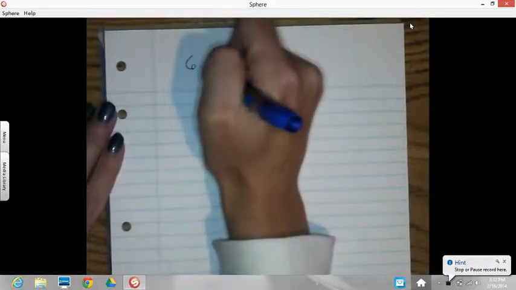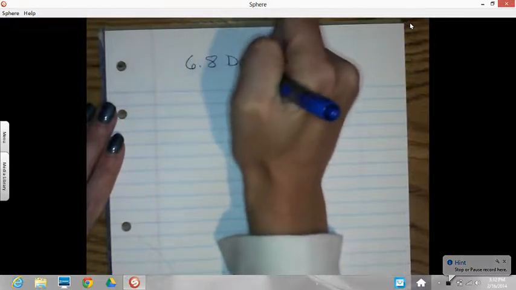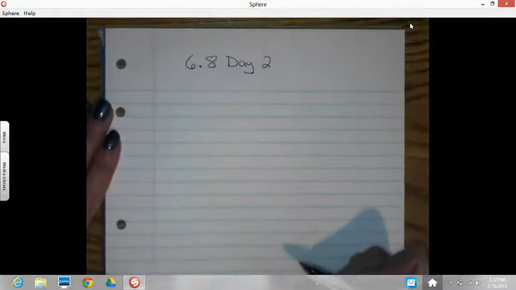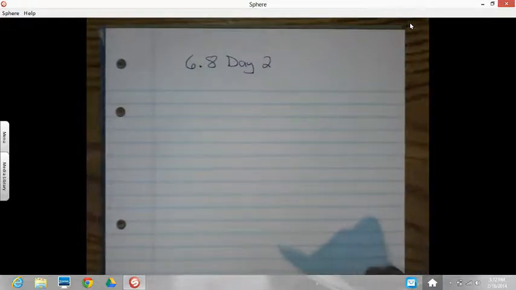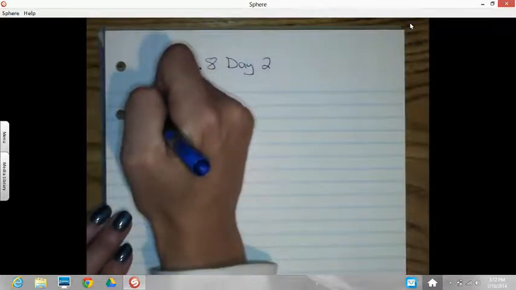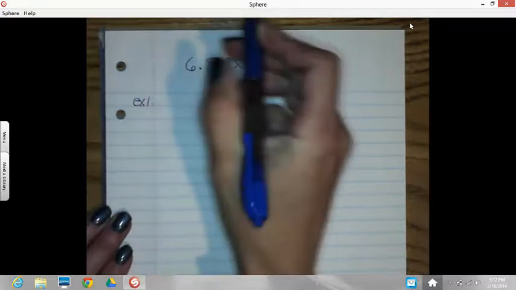Okay, 6-8, day 2. Get ready to be challenged. Okay, still going to work with L'Hopital's rule, but this time we're going to be doing limits with the variable up in the exponent. So our first example, we would like to find the limit